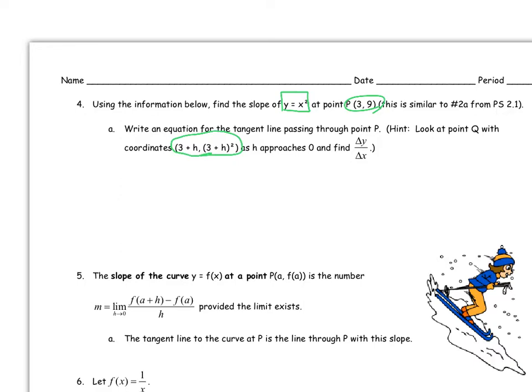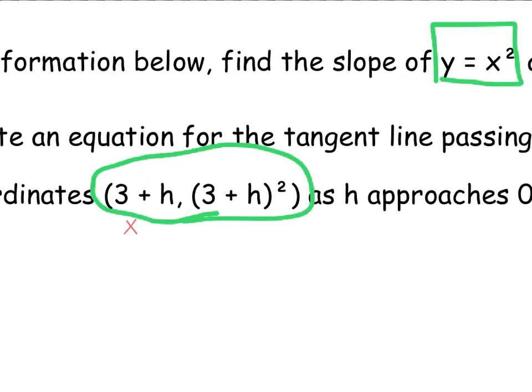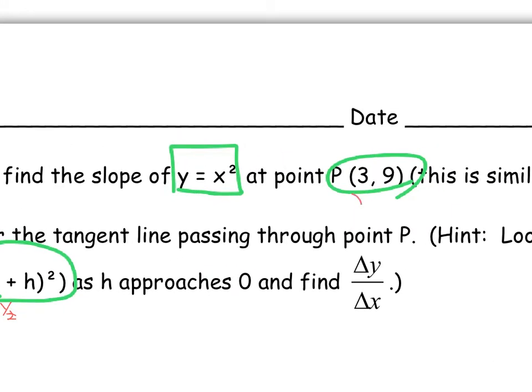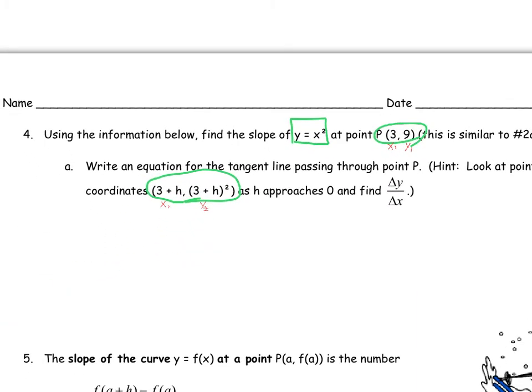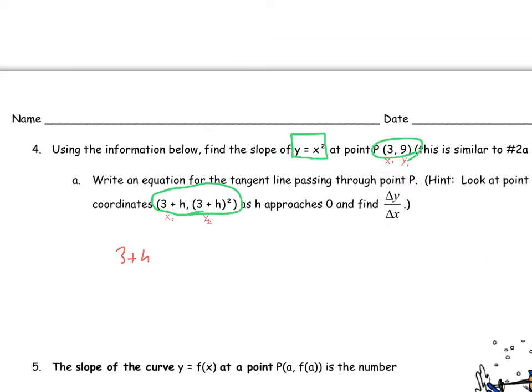For some of us, I would suggest actually writing it out like this. This is like your x1, or sorry, I'm going to call this x2, y2. That's a terrible 2. Both of those are terrible 2s. And this is our x1, y1. So I'm just setting up the formula for slope: y2 minus y1, which is (3 plus h) squared,